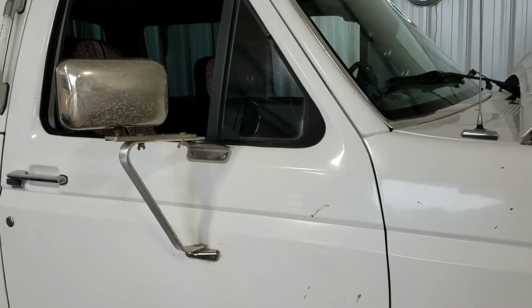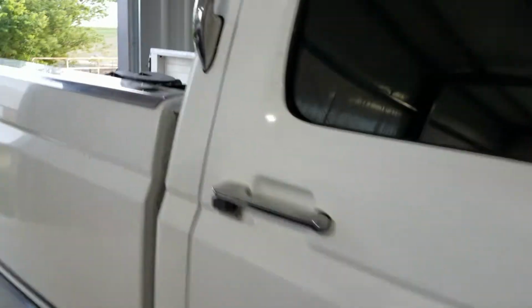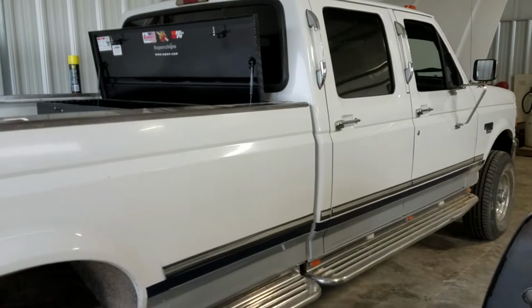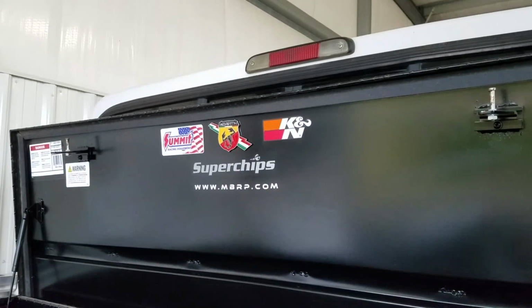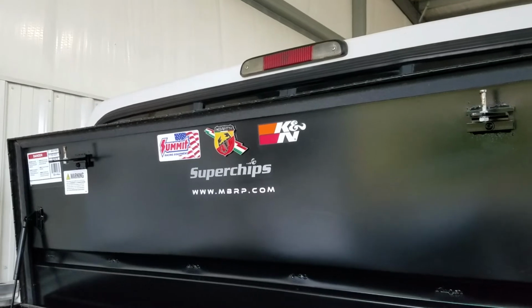That's it for now. Kind of hit a dead spot once I get that exhaust hung and get them brakes on. I'm pretty good for now. Thinking about getting a new tuner. It's got a Superchips on it. I'm not too impressed with it. I don't want to tune it too much because I just don't think it's necessary, but this thing does not pull